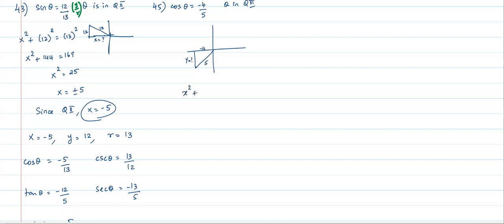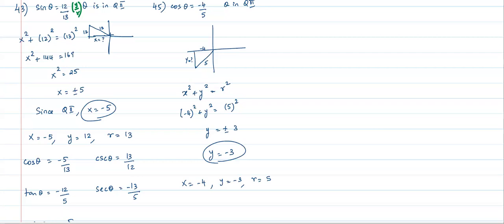x squared plus y squared is r squared. So you have (-4) squared plus y squared is 5 squared. If you solve for this, y will be plus or minus 3. Now, because it is in quadrant 3, y is also negative. Therefore, y is -3. So now since I have my x as -4, y as -3, and r as 5,